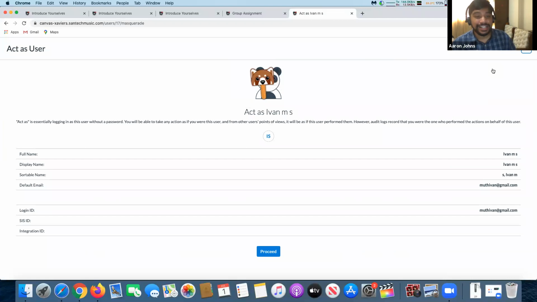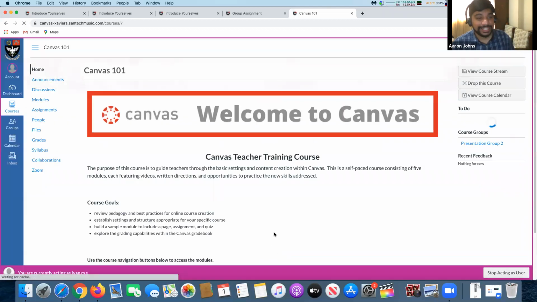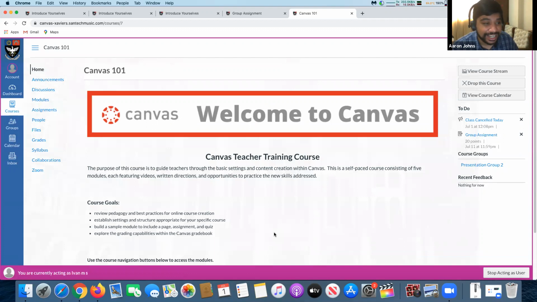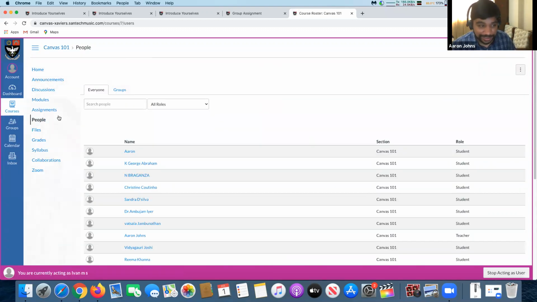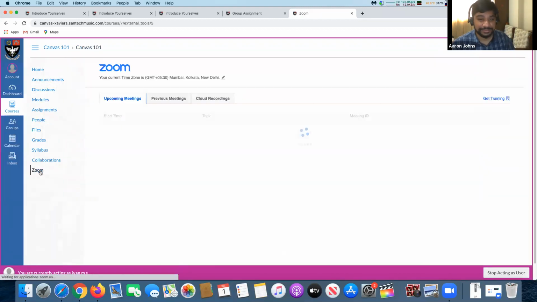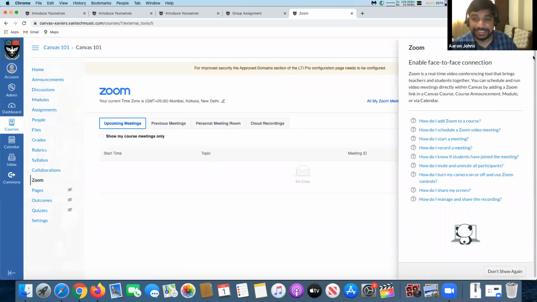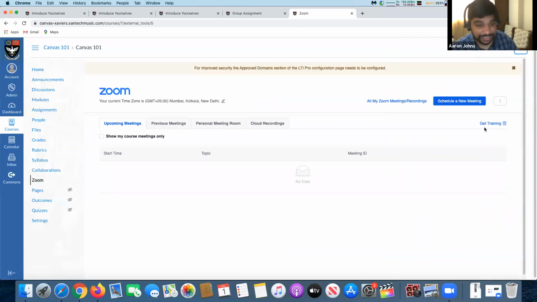So I can technically log in as that student. This feature can be disabled by the admin, but so right now I'm acting as Ivan. Can you see? And I have the view of what Ivan can see. So in that way, the teacher has full control over the course, right to the student level. So it's beautiful this way. You can do that, but I wouldn't want to do that. I'm just demonstrating. But I wouldn't do that. I would disable that feature surely. Not a good thing.